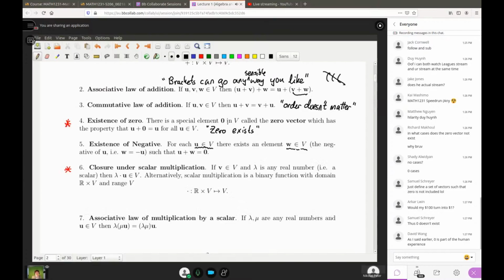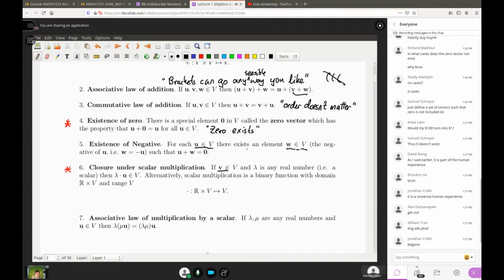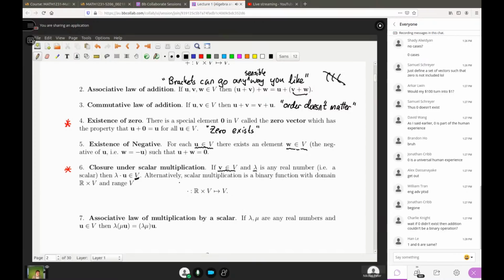Okay. Closure under scalar multiplication. Now this is one of those type definitions. If you have a vector, you have to have a vector for this to guarantee anything. But if you come to me and you have a vector and you have any real number, lambda, then you can combine these two things in the operation of scalar multiplication. And what it produces is a vector of the same type. That means if you take a vector from R2 and you do scalar multiplication, the result is not a matrix, it's not a vector from R3, it's not a polynomial, it's a vector of the same type. You have to have vectors of the same type.